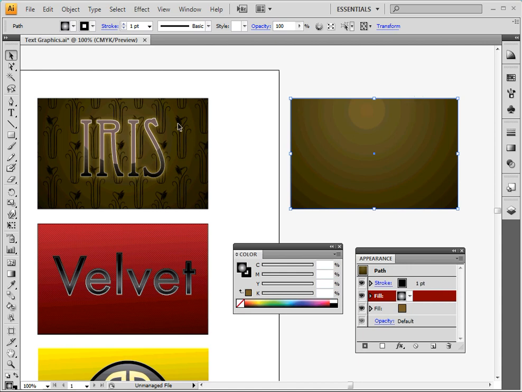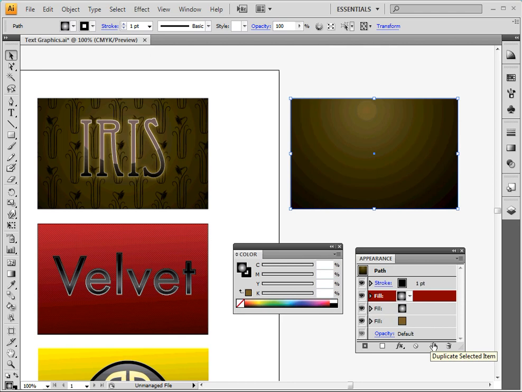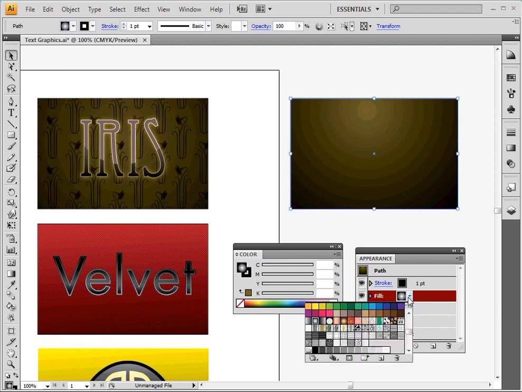Alright, now I need to add this little floral pattern to it. It's already created in Illustrator. We just need to add it. So again, make sure that this rectangle is selected, and we're going to add a third fill. So make sure your fill is selected and go to Duplicate Selected Item. Select that one. Alright, so I'm going to click on this right here to change the fill,